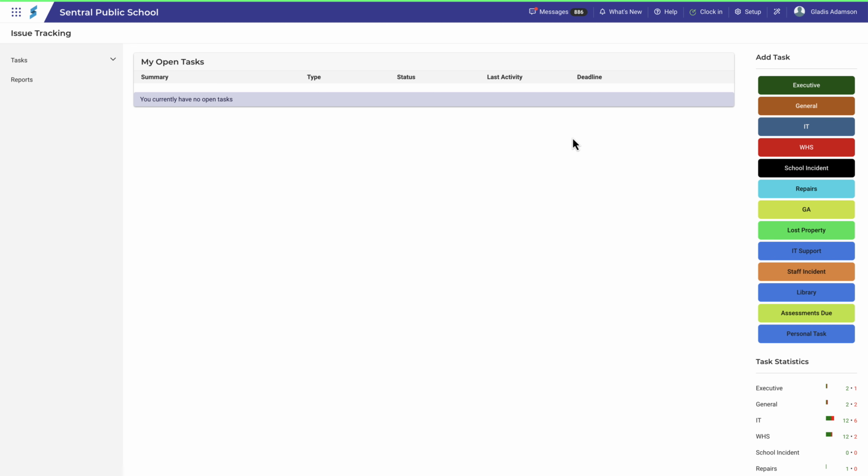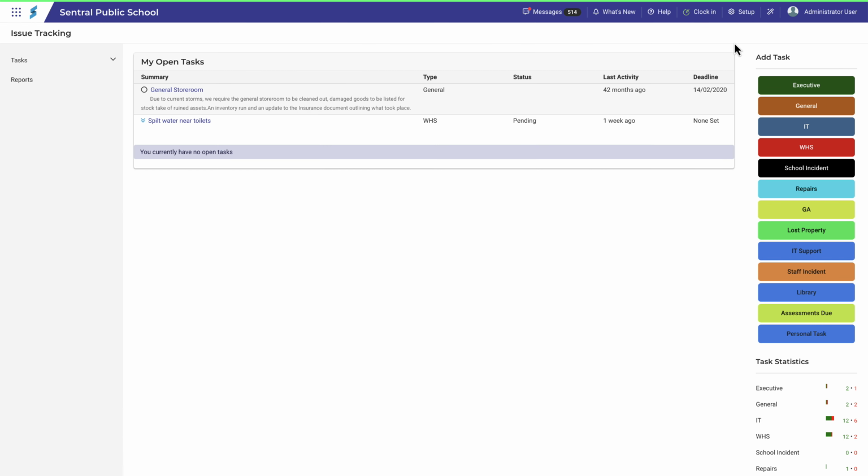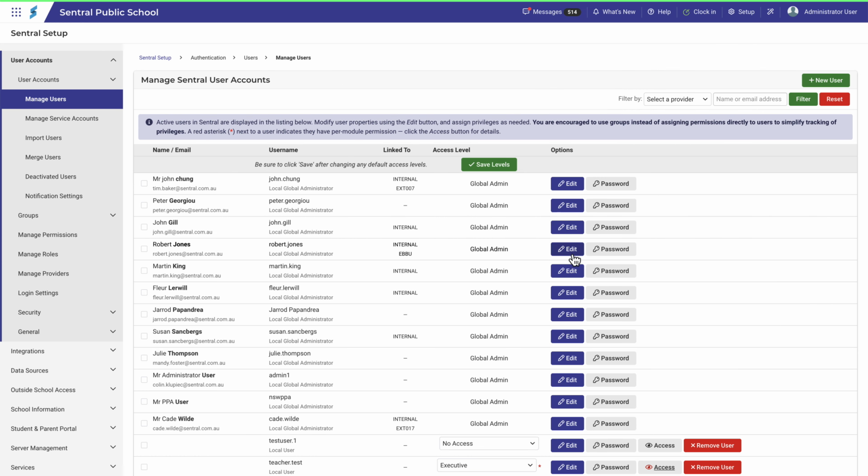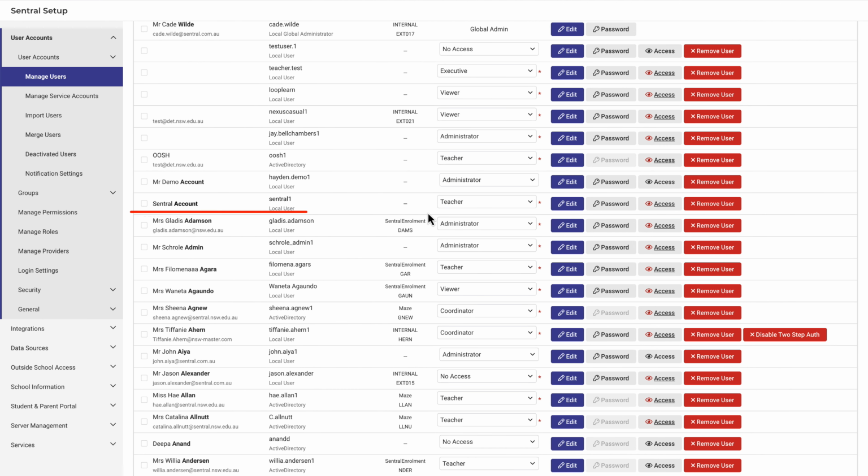Why is that? The reason is that this user has administrator access, and you can check that under the Setup menu in Manage User Accounts. Let's go there. Notice here that the user is indeed listed as an administrator, and this will override the setting nominated in Issue Tracking Setup. And while we're here, the same can also apply to other levels of access, such as Coordinator,